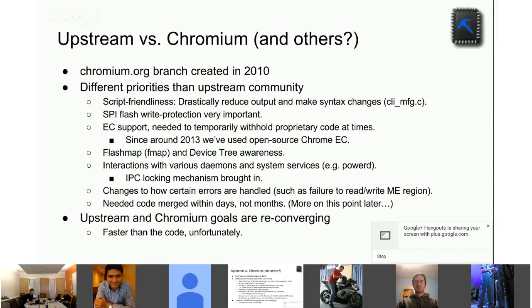Let's see, so changes to how errors are handled. So, of course, the Intel management engine brought us a world of pain in the Flashrom world. For Chromium,